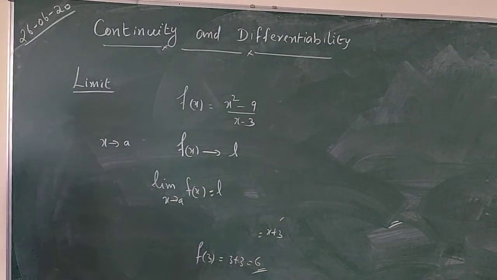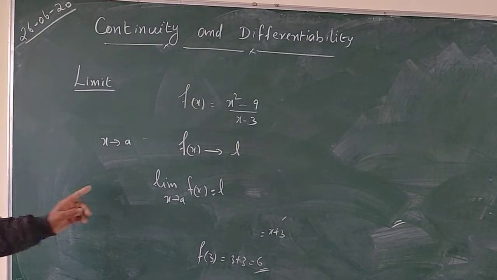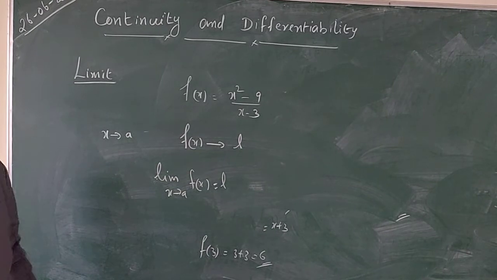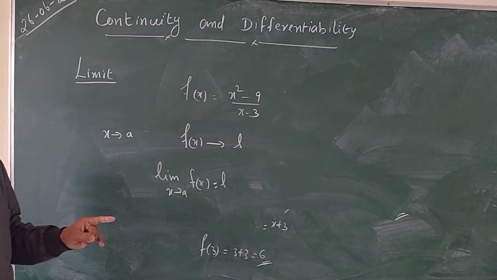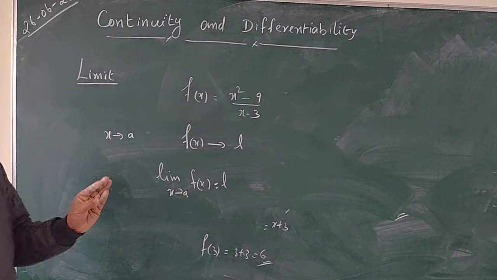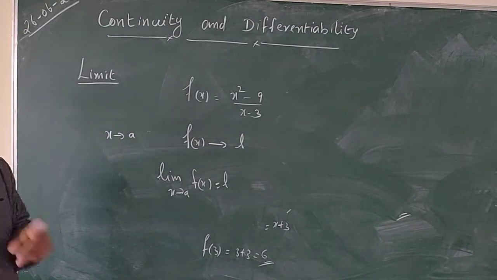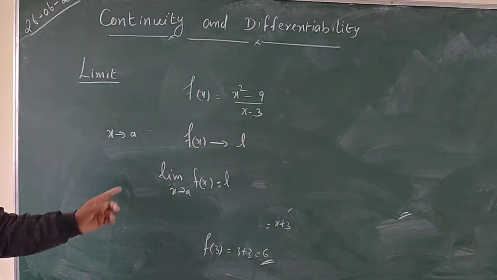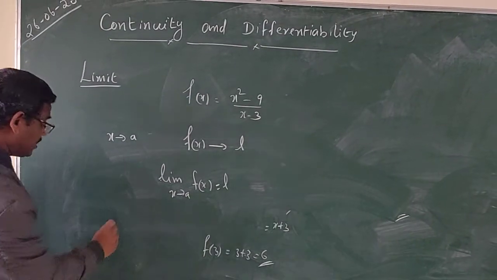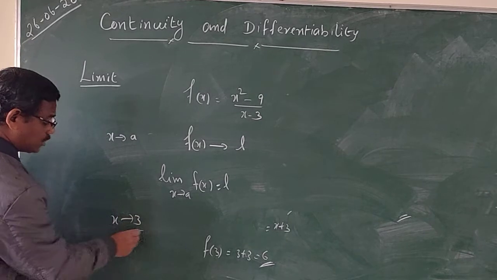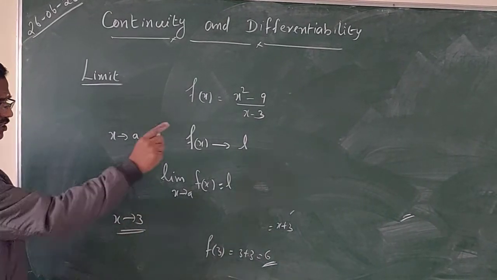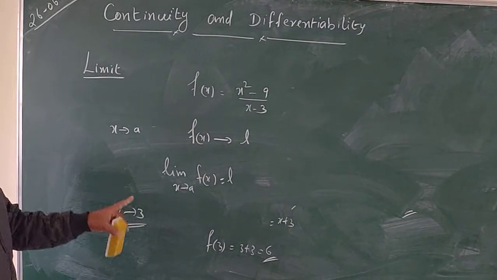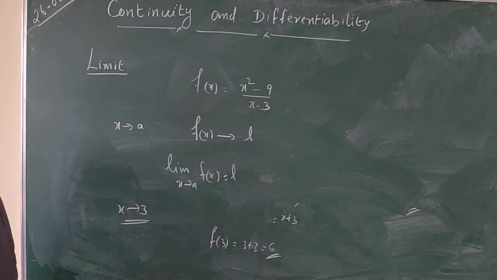Naturally, you may ask why this is required. That is what I showed in the beginning. When x is equal to 3, when you substitute, you get a not defined number. So there are many situations where we may require a tending value. There we can find that this 6 is a tending value, because when x is tending to 3, it shows that x is not equal to 3. So cancellation is permitted. When x is not equal to 3, that is, x minus 3 is not 0, so the cancellation is permitted.